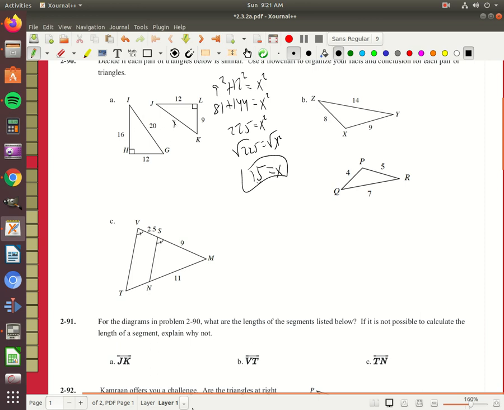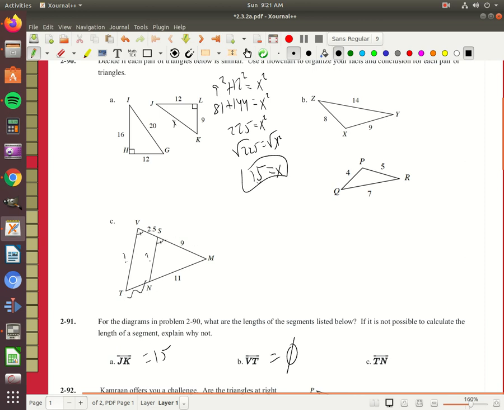So JK equals 15. Now can I solve what the length of VT is? I don't know that I can. I know these things are in proportion, but I don't know what this is so that I can use my scale factor to solve this. So I have no idea what that is. So I'm going to say I can't solve VT, but TN I actually can solve